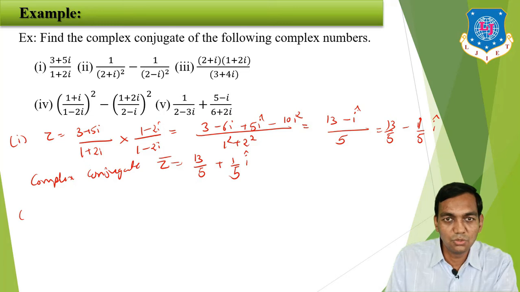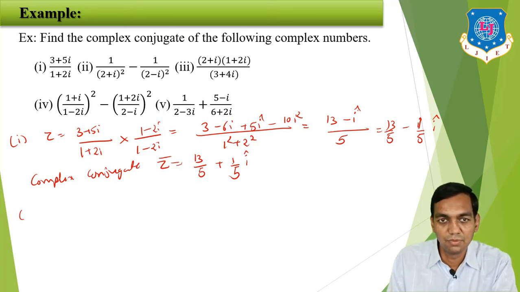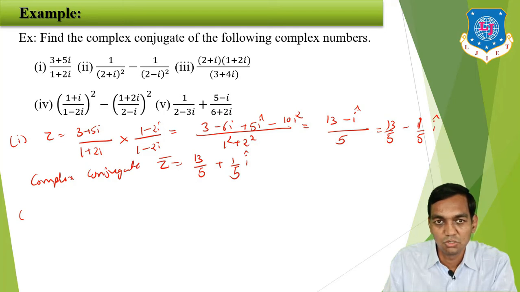In the same manner I am going to solve equation 5. See here, multiply with the conjugate. 2 plus i has conjugate 2 minus i. So the denominator is the whole square, 2 minus i the whole square, and here 2 plus i the whole square. So the denominator is going to be the same, and you only have to solve the numerator. In the same manner here, first multiply the numerator, then multiply with the conjugate of the denominator. Same manner here and here.